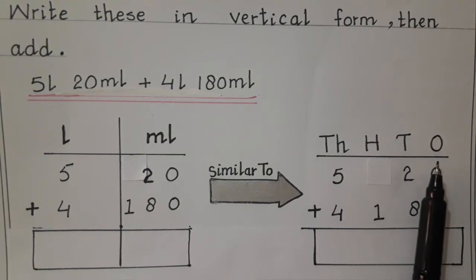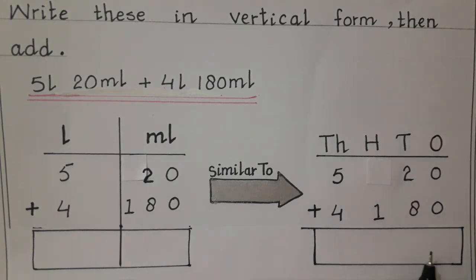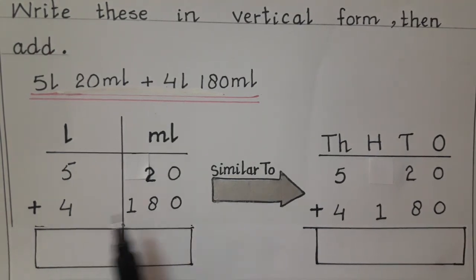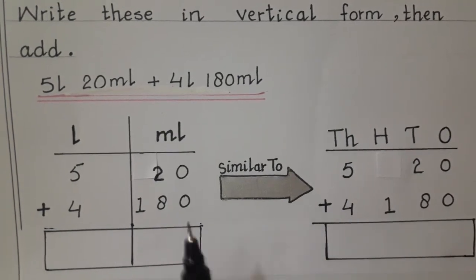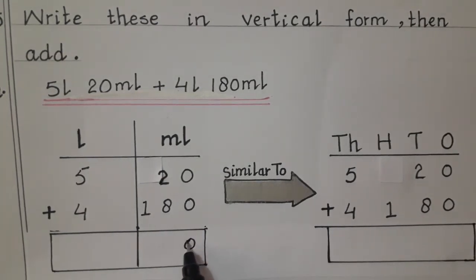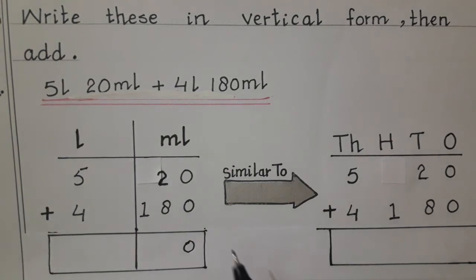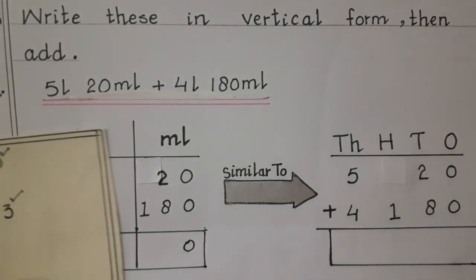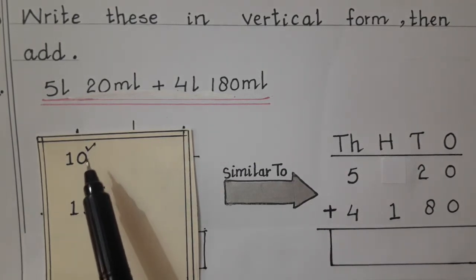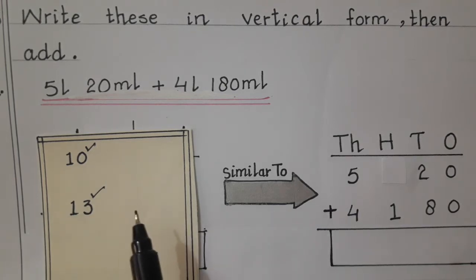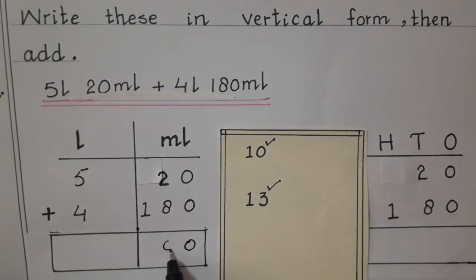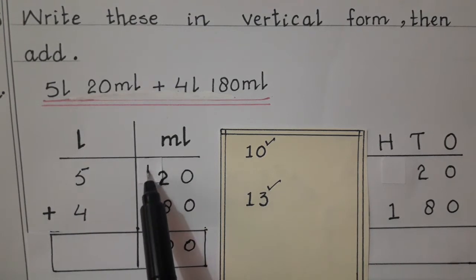You mention place value over the numbers and you add easily. In the same way, these are also the same numbers. So just start adding. 0 plus 0 is equal to 0. 8 plus 2 is equal to 10. As I told you, when we have two digits we choose the right digit. So 0 is the right digit, we will write 0 over here and we will move 1 to the next number.